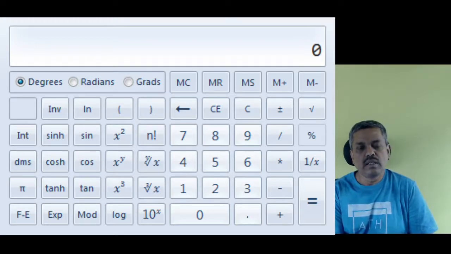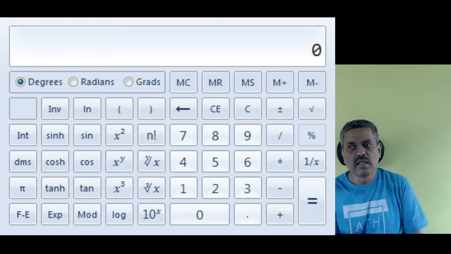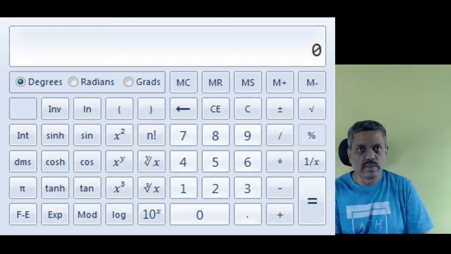We already know about the operators supported within the C language. We have plus, minus, the multiplication symbol, which is the asterisk, and the division symbol, indicated by the forward slash, and one more extra, the modulus operator.